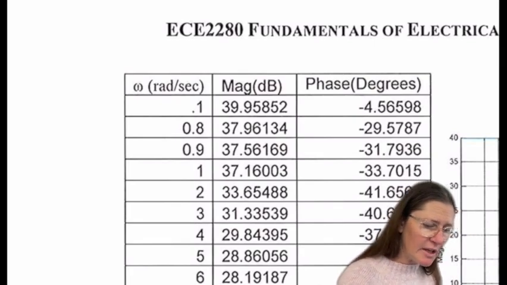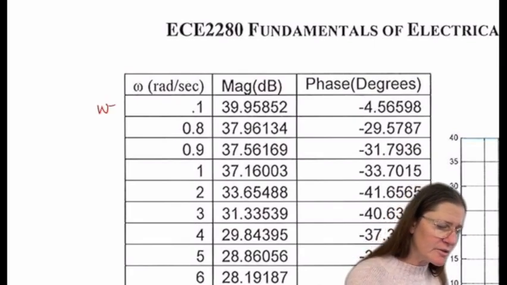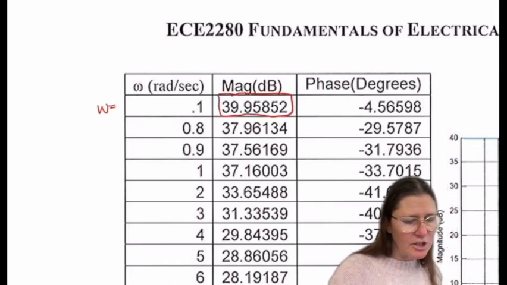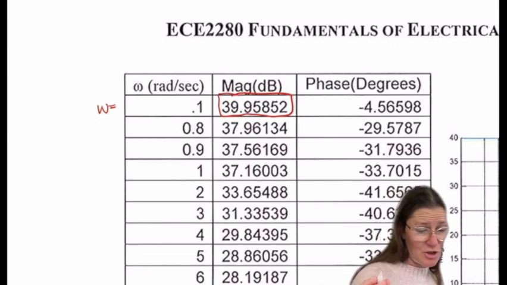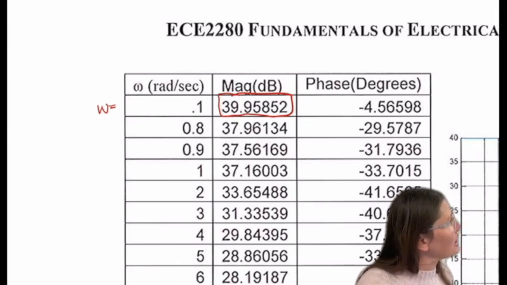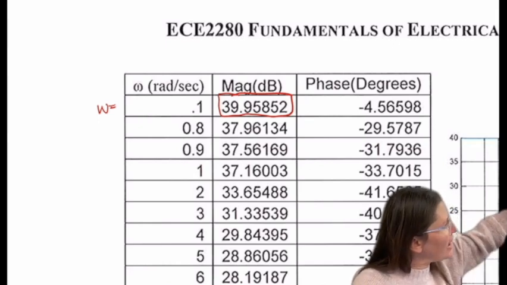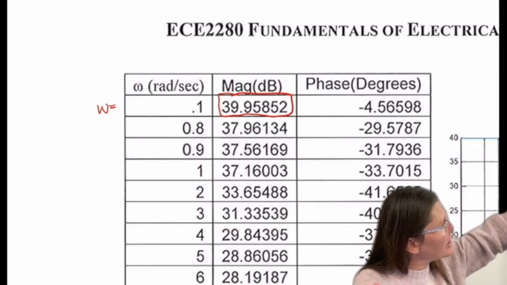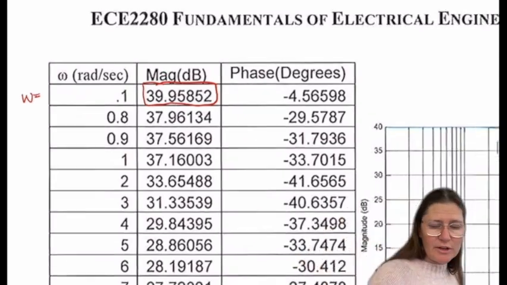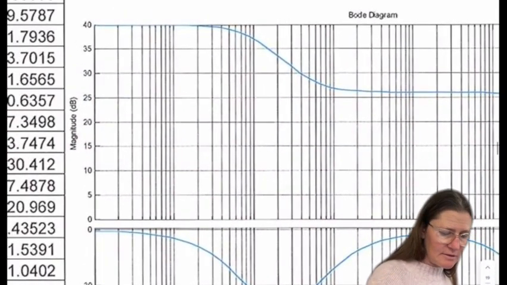So at omega equals 0.1, that value came out as 39.95852 in dB. I'm going to get to dB in a second, but I just want to show you that for each of these values, omega was plugged into that equation above and gave a value. So each one of these, I can then plot it